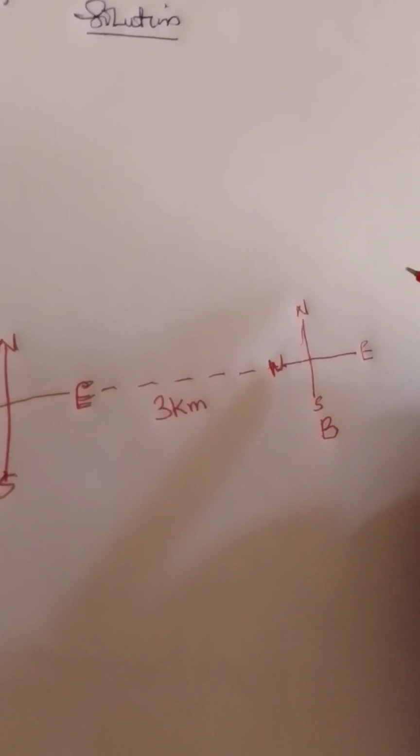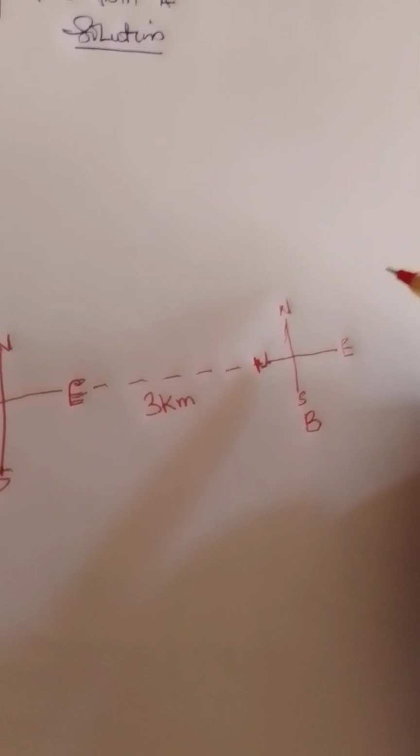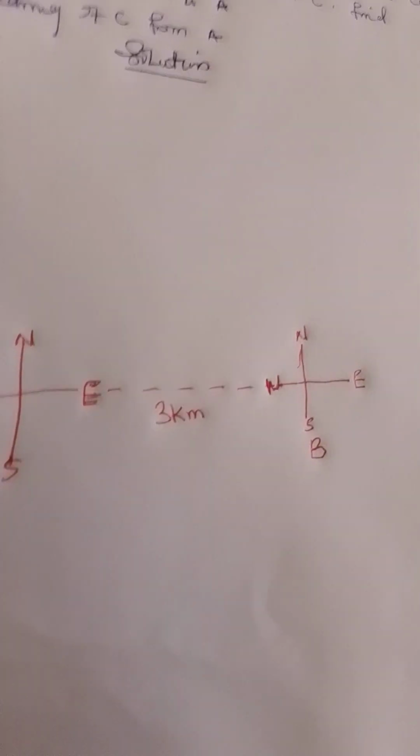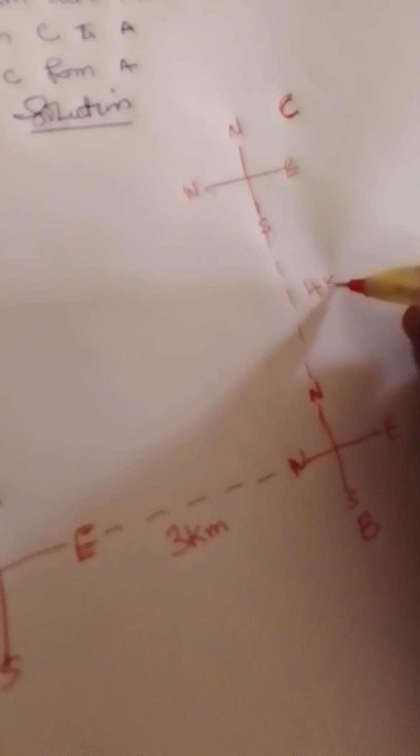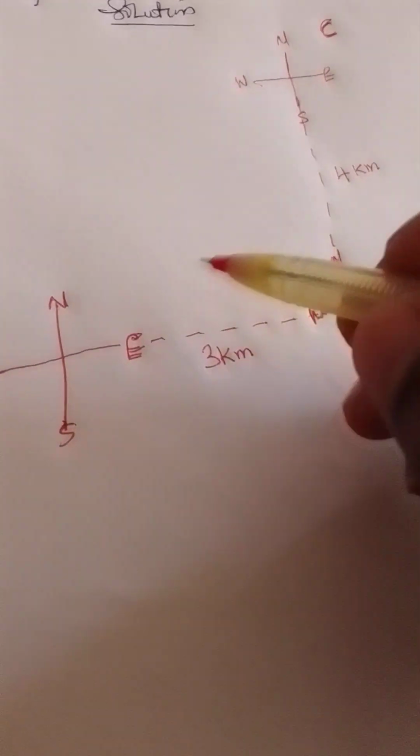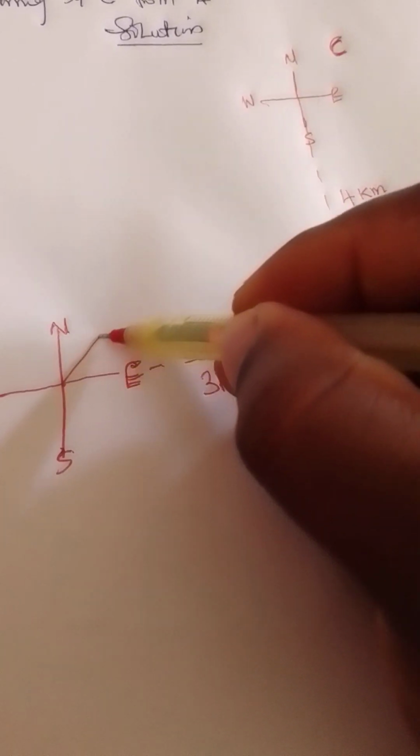Now, he said that he then walks 4 kilometers due north to C. So this is north, due north. So let's call this one C. North, south, east, and west. So this is the north. He then walks how many kilometers? 4 kilometers. All right. Now, if you check this very well,